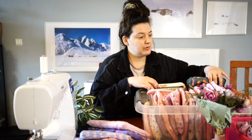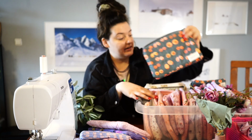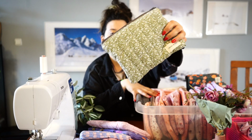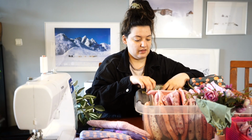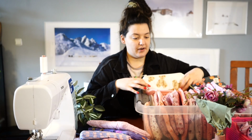What else? I have the green boobies. They're very nice, the green boobies. Then I have some green quilts. And then I have this one. So for the market,